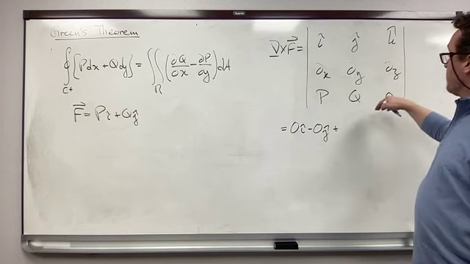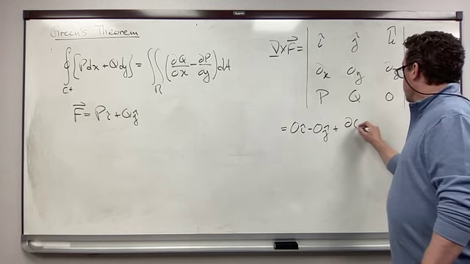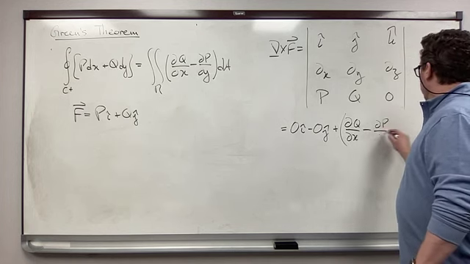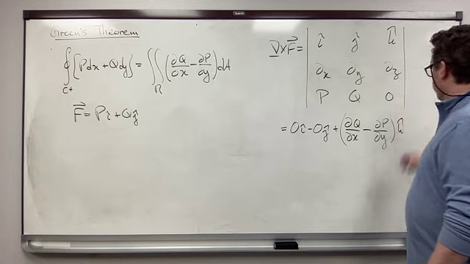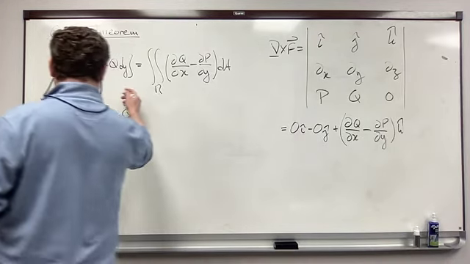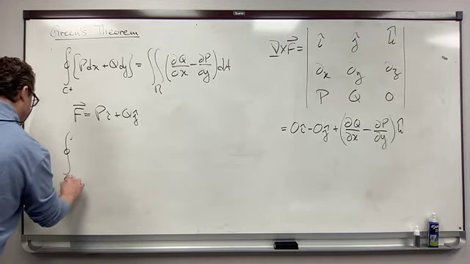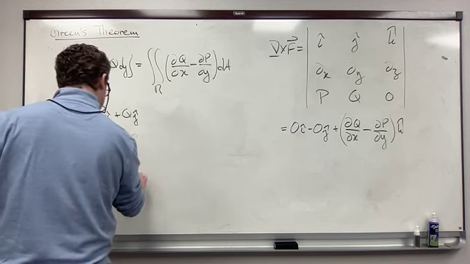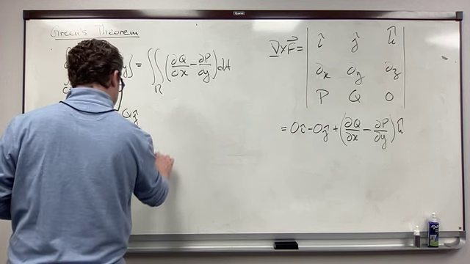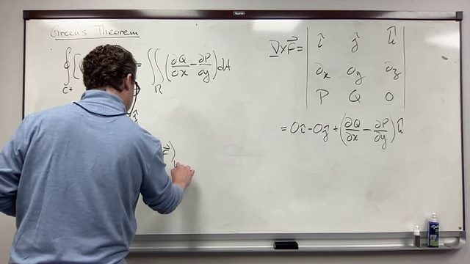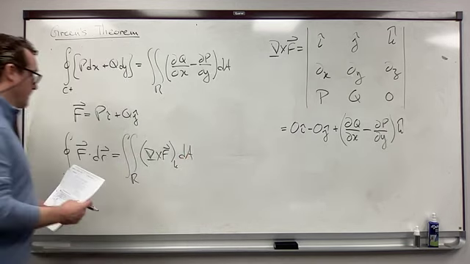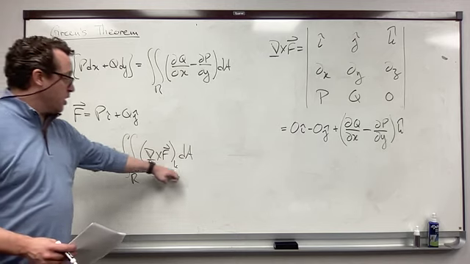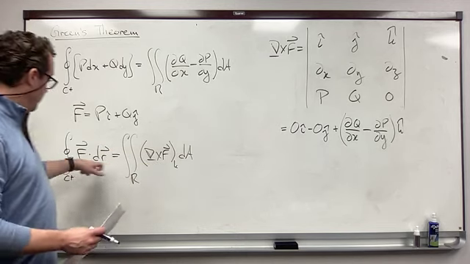But then we have the k part: ∂Q/∂x minus ∂P/∂y. So if I write it like this, the closed integral of F dot dr on a closed contour is actually equal to the perpendicular component of the curl of F